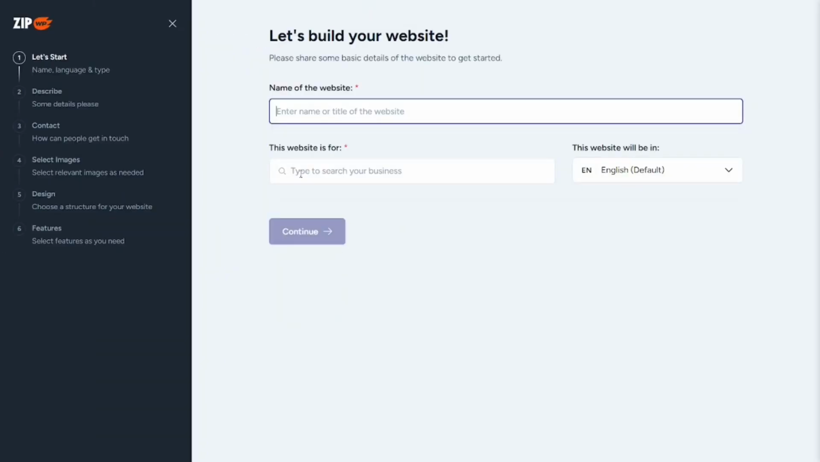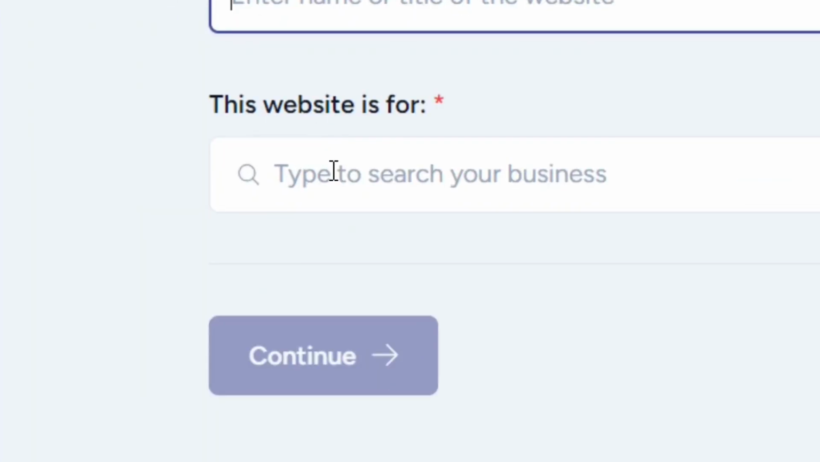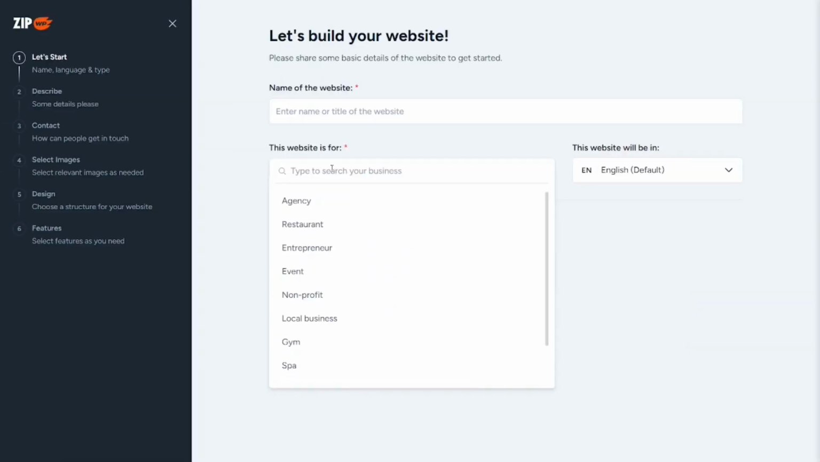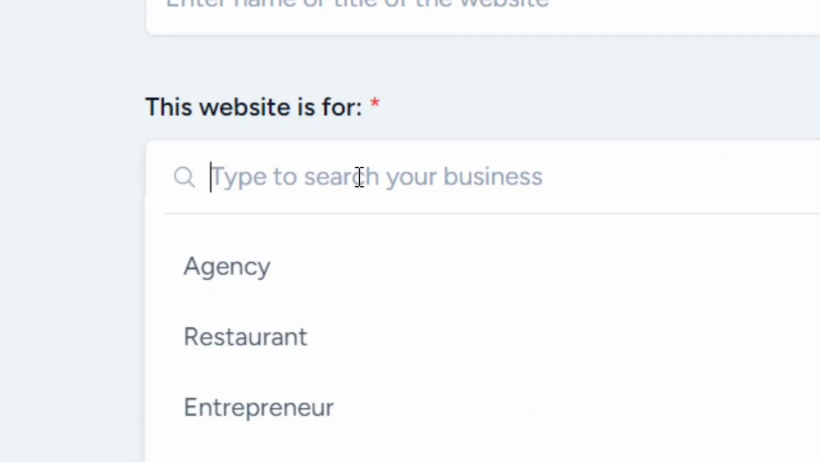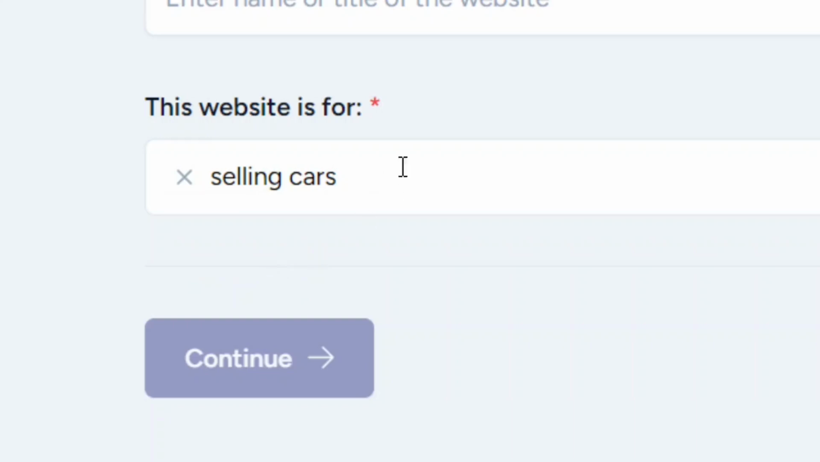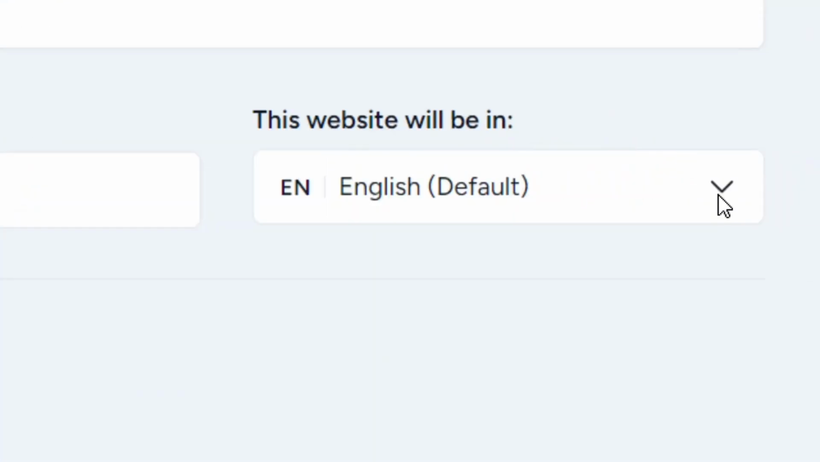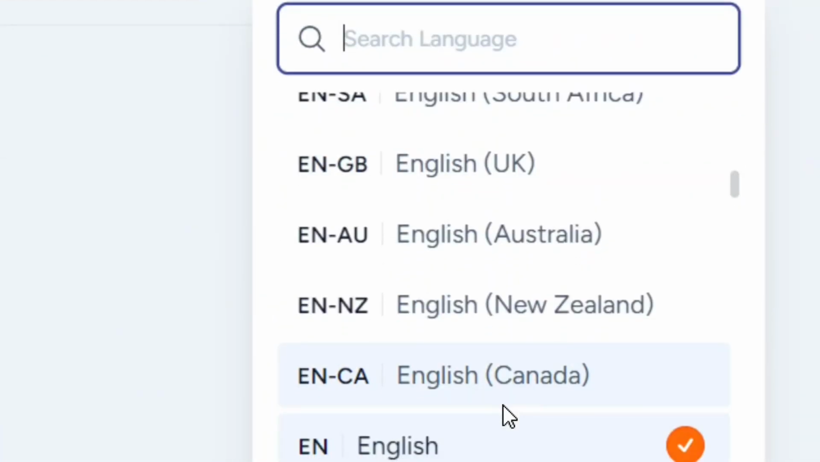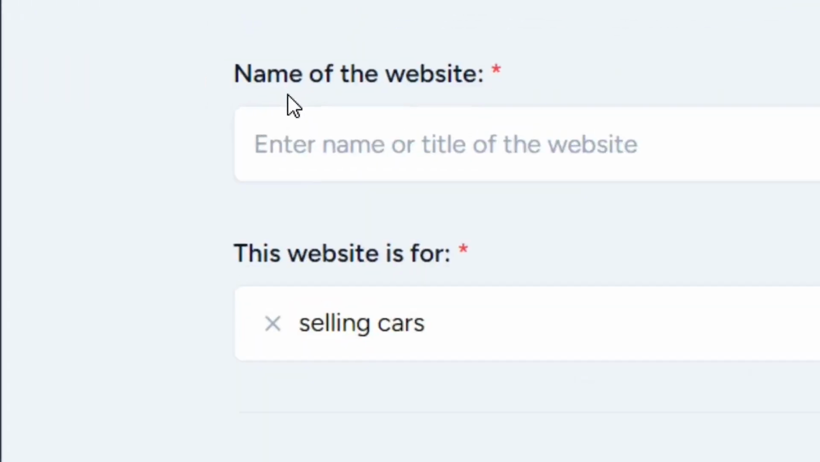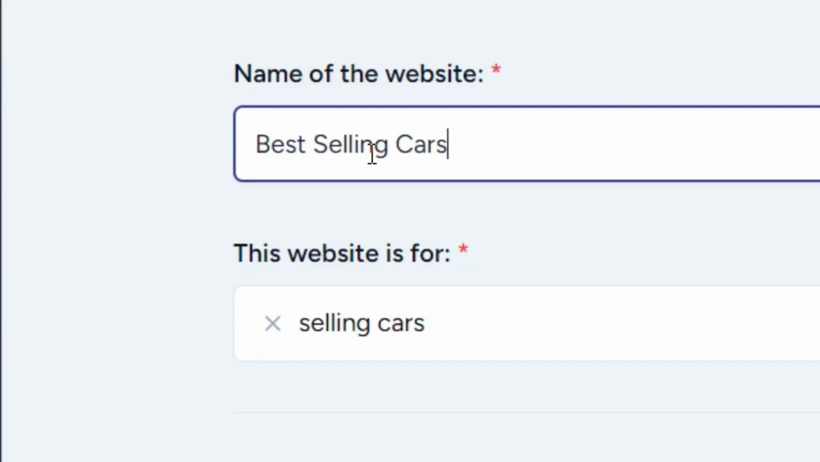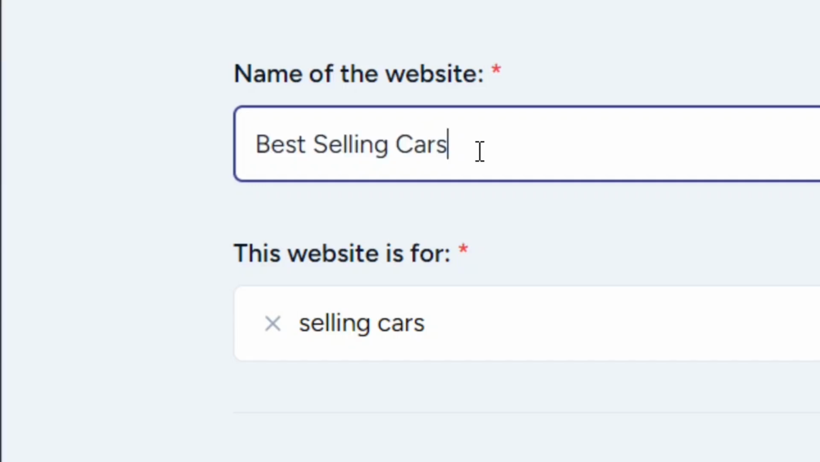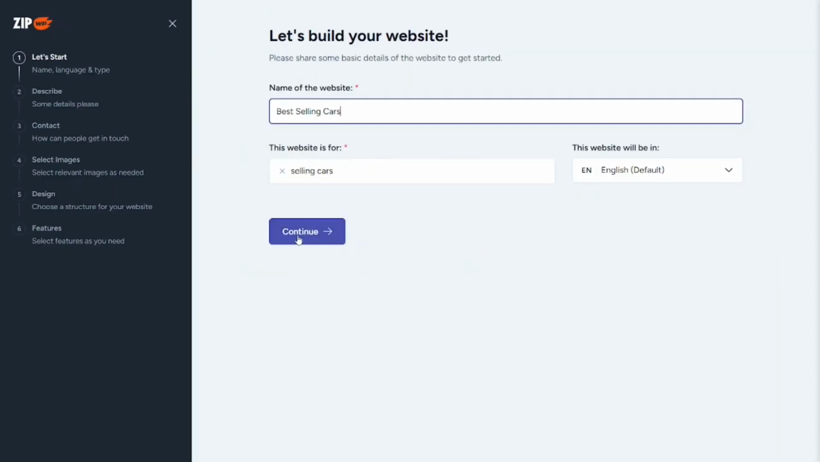Then you also select the purpose of your website by selecting any of these. If you don't get what you want, simply type in what you really want, just like this, and then select what pops up. One thing you have to know is that you can also change the language by selecting any of these, but I'm going to leave mine at the default, just like this one, and I'm going to call the name of my website best selling cars. Okay, and for what this website is for, I'm going to leave it like that and then